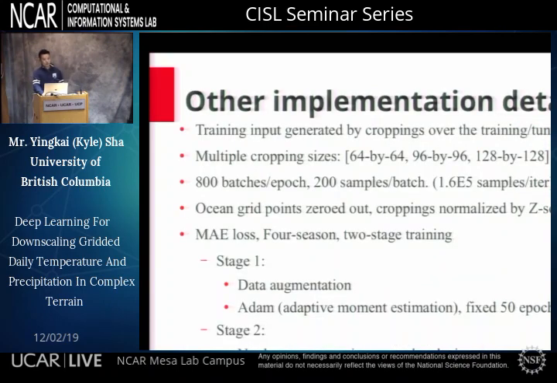And then there are other implementation details for training UNet and UNet-AE. Firstly, we cut a domain into squares with different sizes, which is called multi-scale training. This is a pretty common training technique for deep learning models. Then we standardize the croppings with Z-score, and we zero out ocean grid points. The training is done iteratively. We usually say epochs. One epoch contains 1,600,000 samples, and these samples are bagged within 800 batches. Here we use mean absolute error loss and train separately for 4 seasons and in